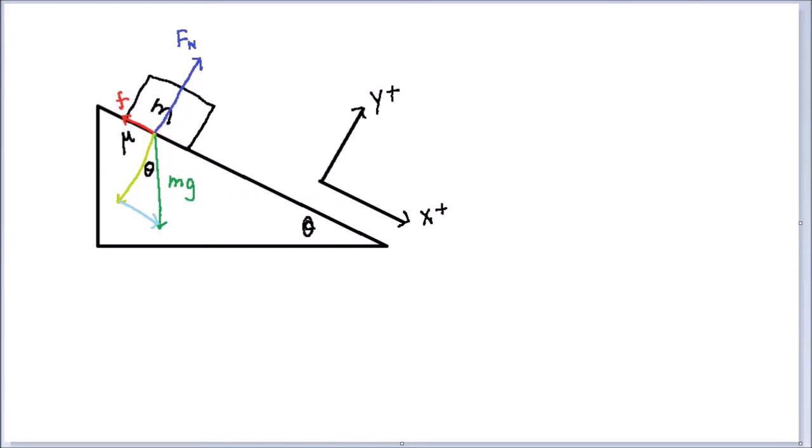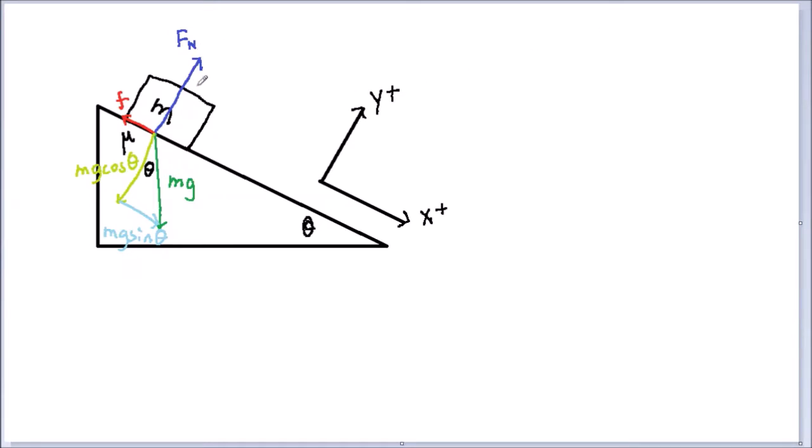We can just say mg in the y direction is going to be mg cosine theta, and mg in the x direction is going to be mg sine theta. So now all of our forces are aligned with our axes, which makes the analysis a lot easier. First of all, we see that this F sub n needs to have the same magnitude as the gravitational force,